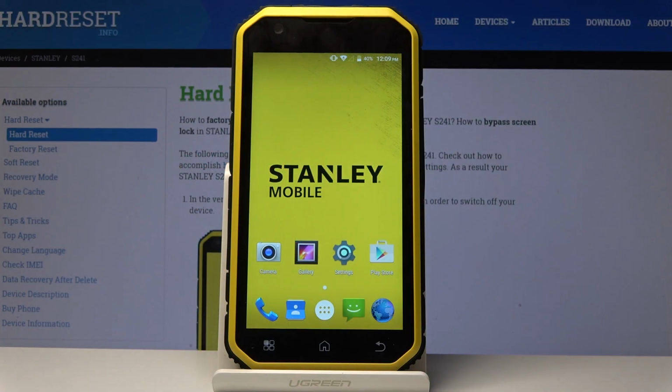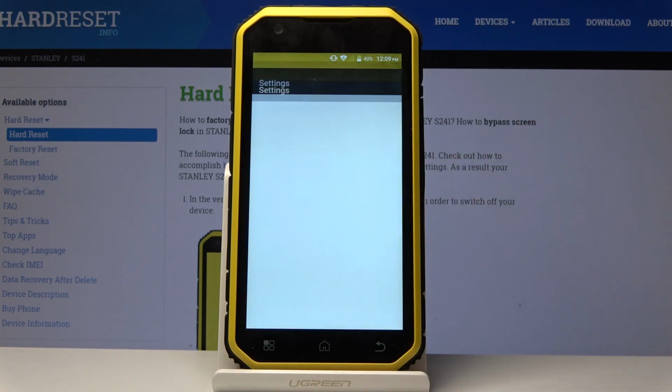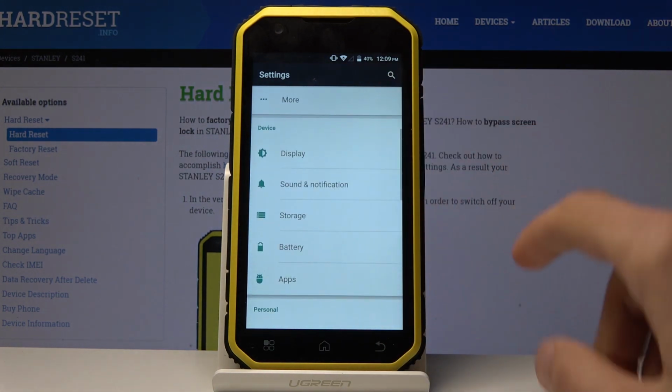Welcome, my name is Stanley and today I will show you how to set up the Do Not Disturb mode. So to get started, you want to open up settings and from here scroll down to sound and